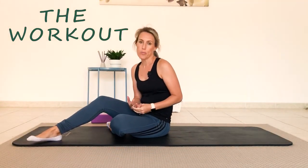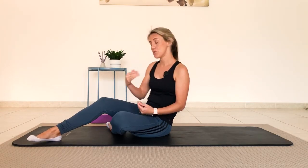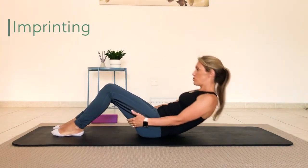We're going to start with the imprint today. Now, I usually do imprinting in the warm-up, but I find that with my beginners, it needs quite a lot of extra work and a lot of extra time to get imprinting right. It's a bit of a tricky concept and a tricky exercise to get right, so it does take quite a bit of practice. Because imprinting is designed to protect your lower back when you're doing abdominal exercises, I really spend a lot of time trying to get this right, because it's really important that you don't leave your Pilates sessions with a sore back. So to start with, you're going to lie on your back in a neutral spine and